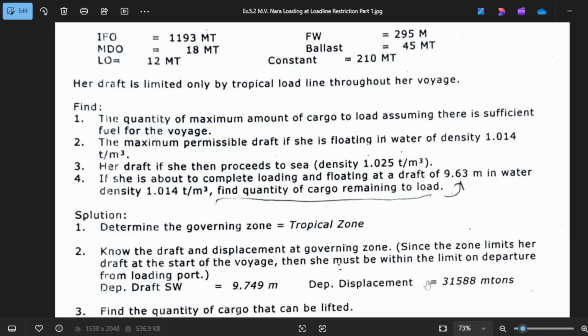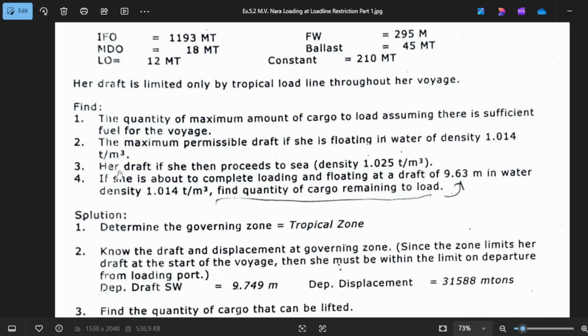This is salt water, so we must convert this one. This is a tropical draft in salt water. What will be his draft in 1.014? So let's convert, guys.